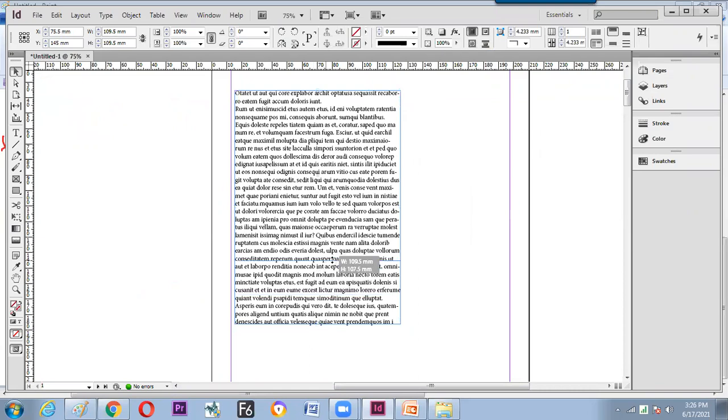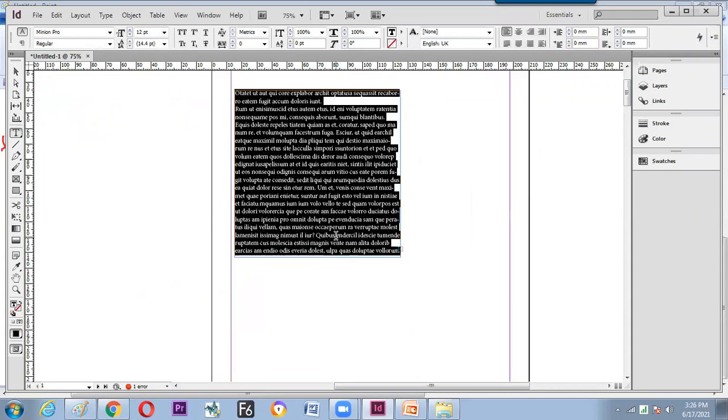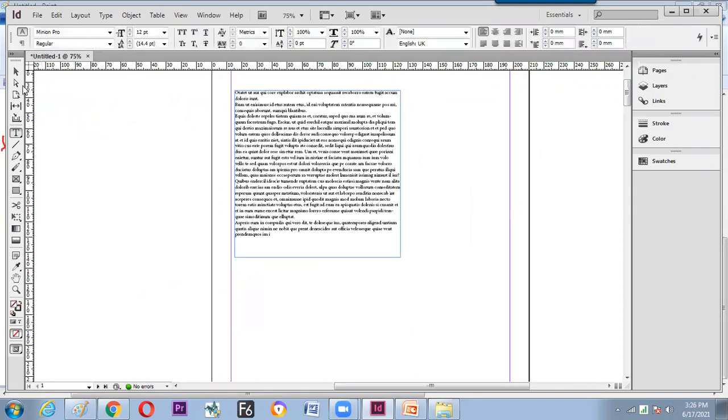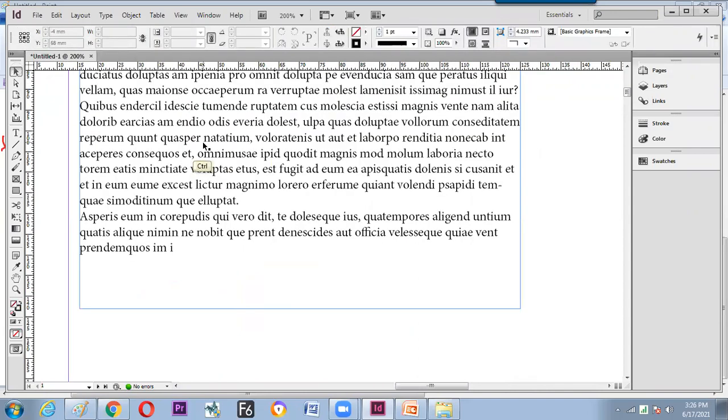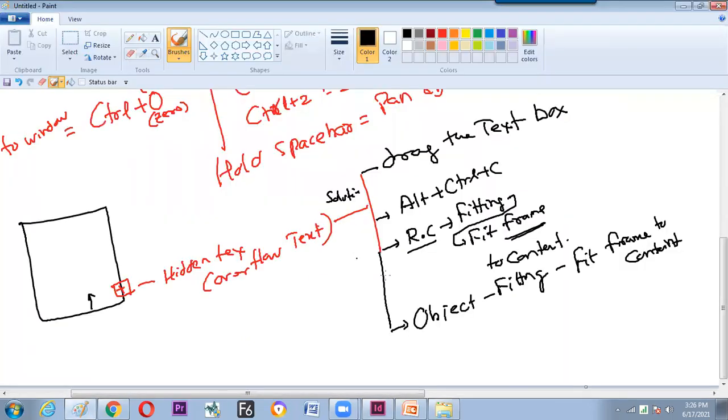Now the next method. Control A, select all. And get the font size to go down, down, down. This is also another method to get it handled. So here we have adopted the next method. What is that method? Resize.